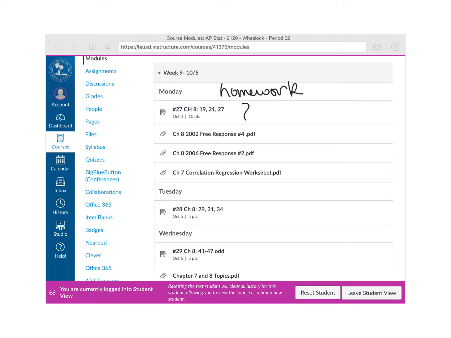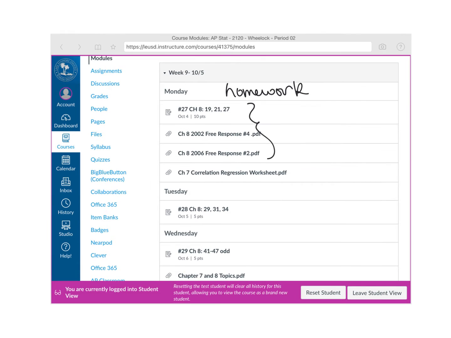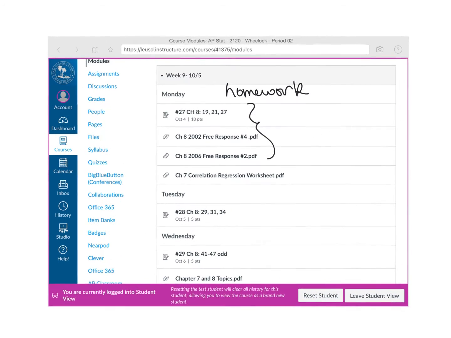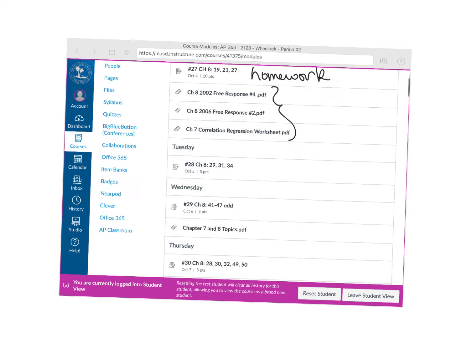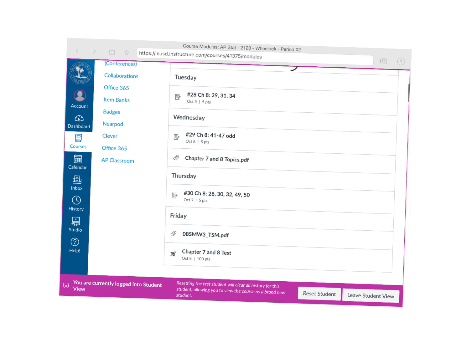These are the worksheets we looked at in class. And as you scroll down the page, you can see what's going on the rest of the week. We have topics for the test. So our test is here on Friday. So Friday is our second test of the class. Now, if you go to later